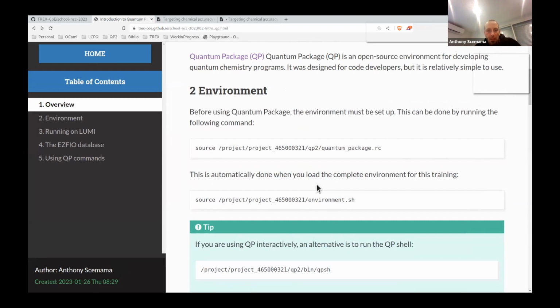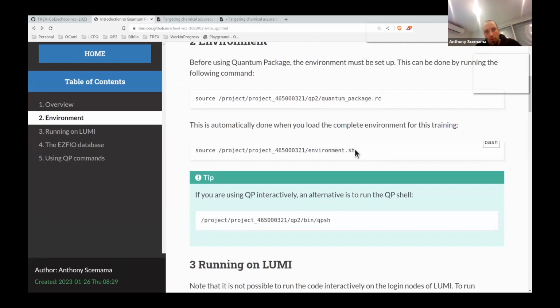To run quantum package, the first thing you need to do, also if you download quantum package and want to use it on your machine, is always source this quantum_package.rc file that will prepare the environment for running quantum package. As I said before, we have included this line in this file.